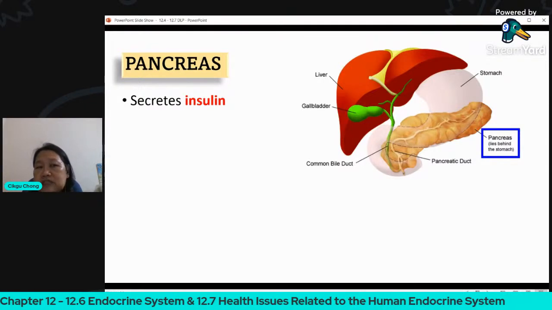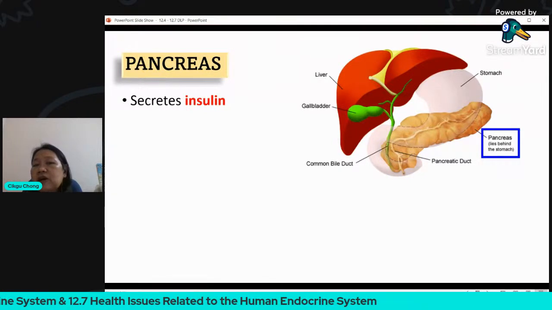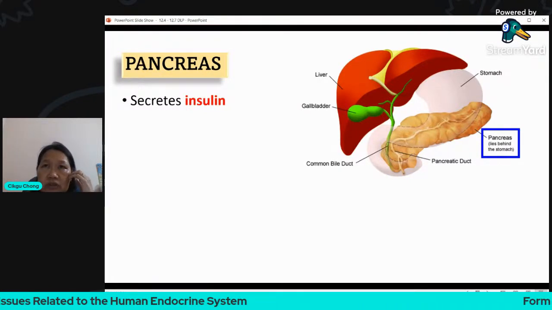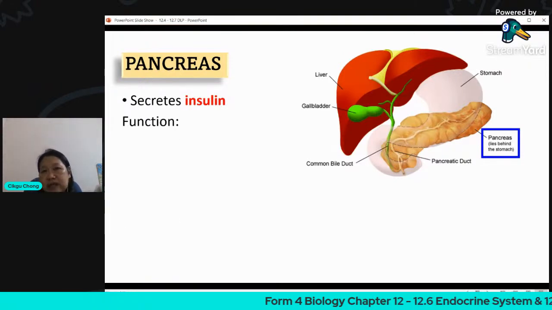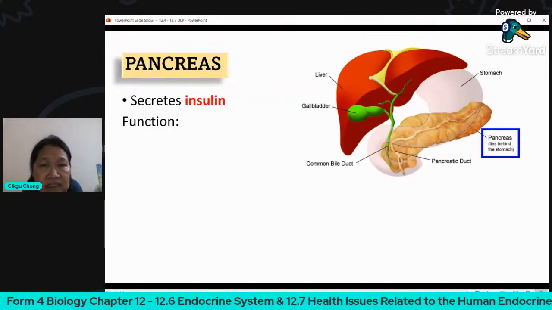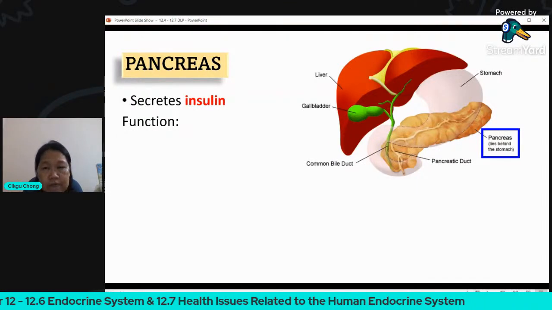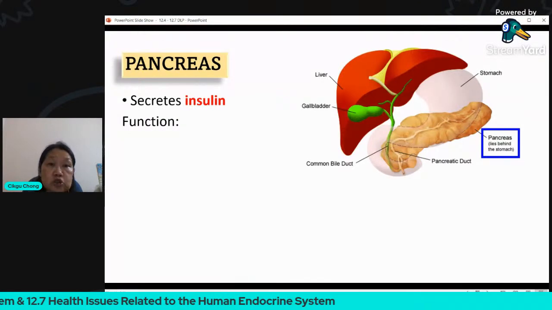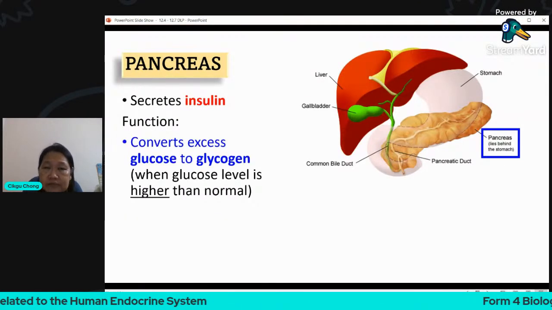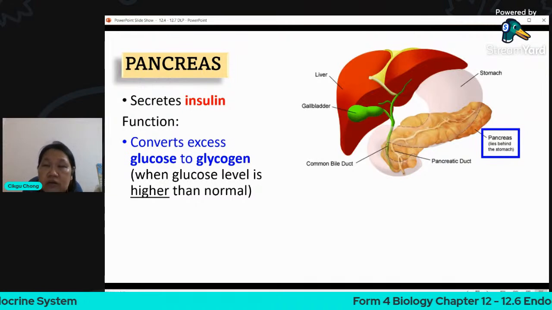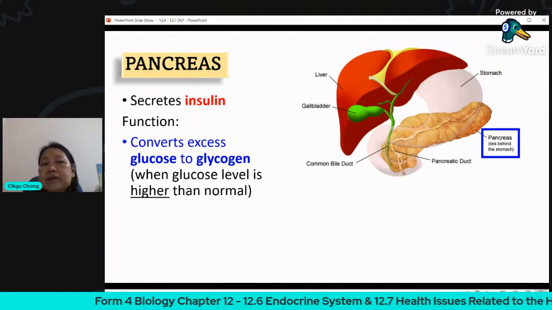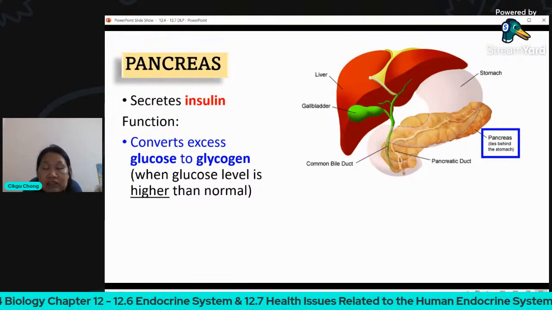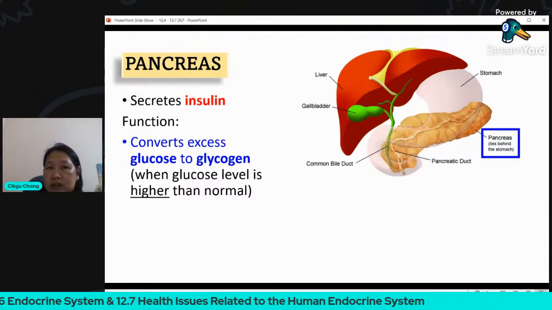So one of the hormones that are produced is insulin. Okay, I'm sure you learned it before in your chapter 9. When you talk about people who have less production of insulin, they will get diabetes mellitus. We call it penyakit kencing manis, because there'll be a lot of sugar in the blood which cannot be stored. So insulin is to convert excess glucose. Okay, glucose that you get after you break down your starch, after you eat a full meal, you have a lot of glucose rushing through your blood vessels. So you cannot have too much of that.